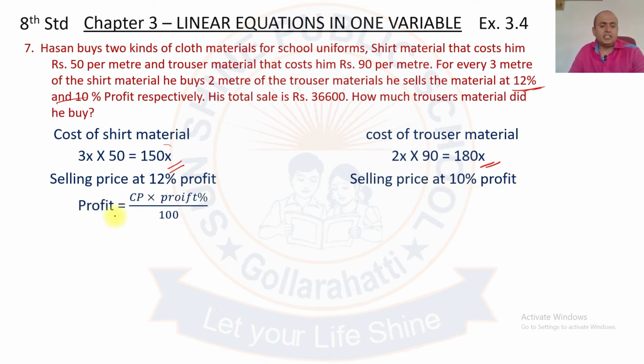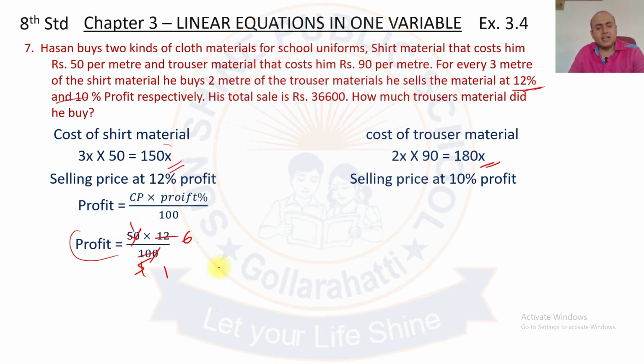So, profit is equal to cost price into profit percentage by 100. So profit is equal to 50 into 12 by 100. Here cancel 0 and 0, and 2 5s are 10, 2 6s are 12, 5 1s are 5, 5 1s are 5. Therefore remaining is 6. That means profit is equal to 6 rupees. So you will make 6 rupees profit.